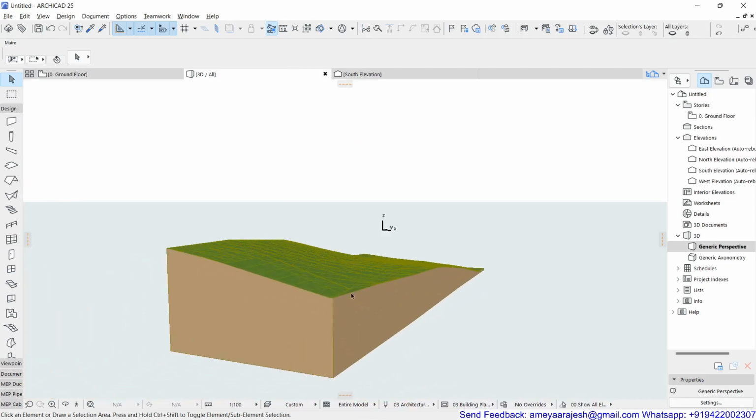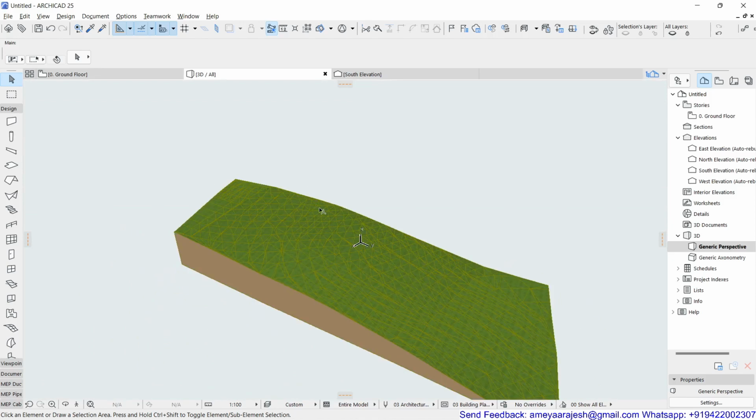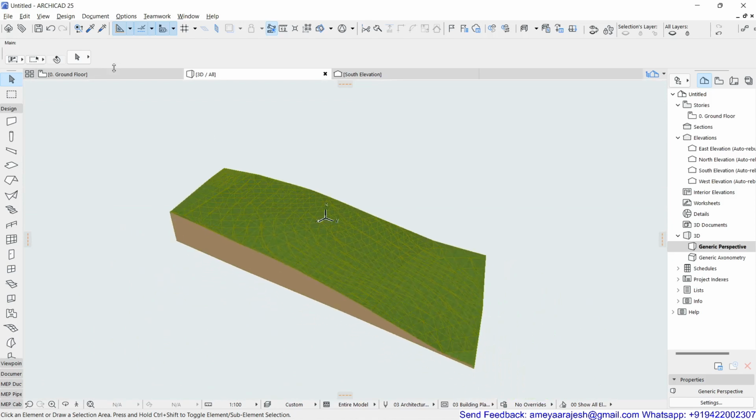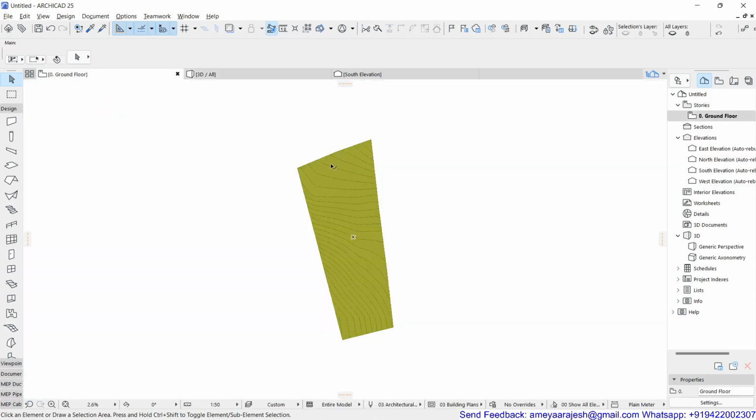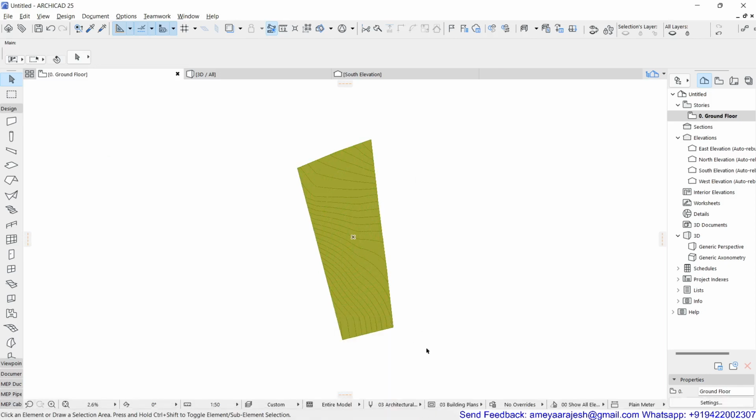Anyway, now if you go and check, your site is available and actually working as a single 3D object. Then we'll ask, what about the contours? The contours which we have designed as 3D elements, you can even transfer from the particular file to over here.